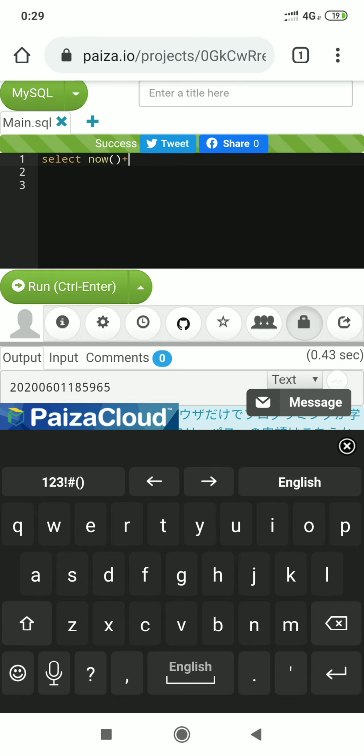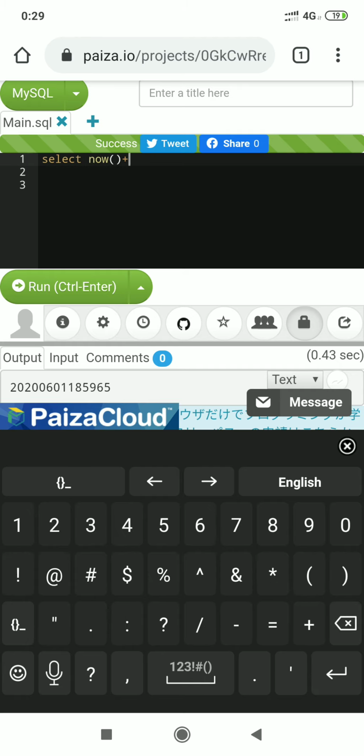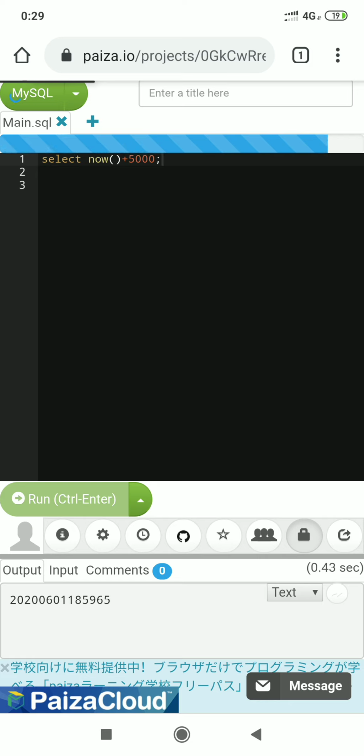If I add 5000, and execute the statement, after 5000 seconds the time is changed to 19:93:1.